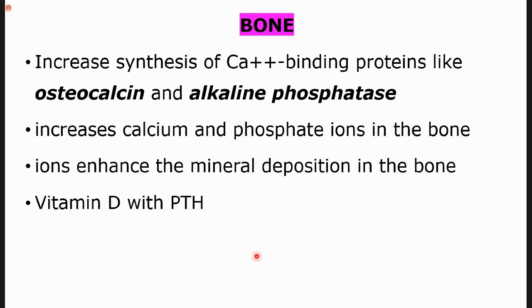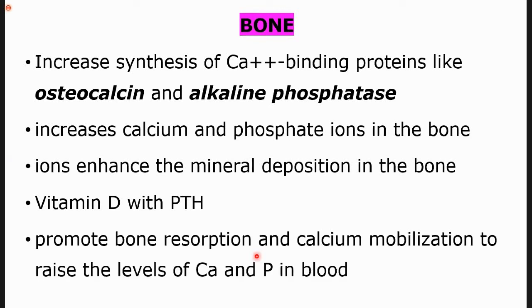So these are some of the effects of vitamin D on the bone tissue: it increases the synthesis of calcium binding protein, it increases the calcium and phosphate ions in the bone, and along with parathyroid hormone, it promotes bone resorption so that the calcium is mobilized to maintain the calcium and phosphate levels